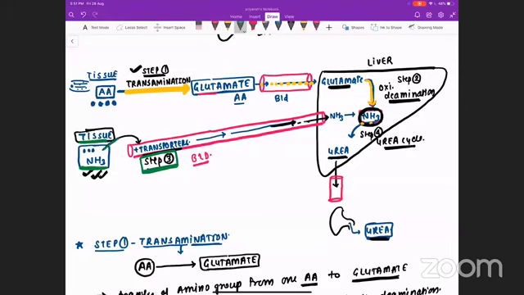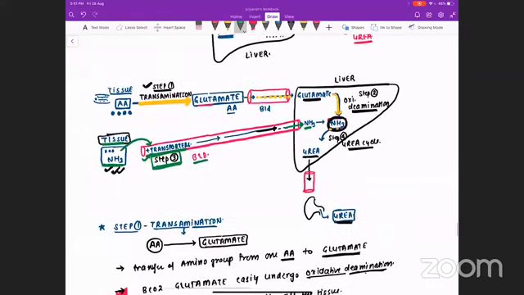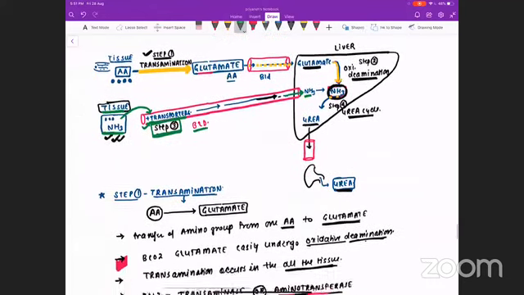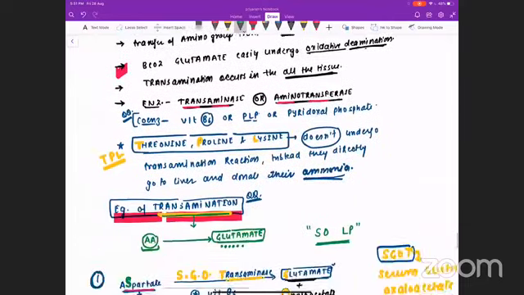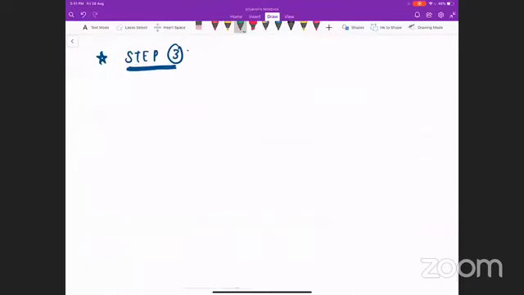That ammonia needs to be transported, and we cannot transport the ammonia directly and freely in the blood because it is a toxic molecule. So we require a special transporter. Different tissues will have different transporters, and these transporters will transport the ammonia all the way to the liver. So we need to discuss the name of the transporter for each tissue. This is the main task, to understand in step 3 the names of the transporters. So step 3 is transport of ammonia.